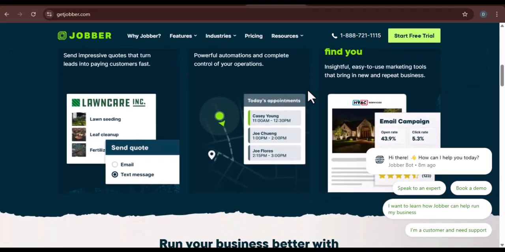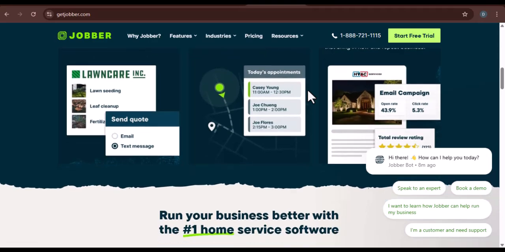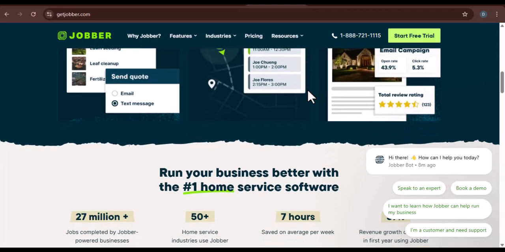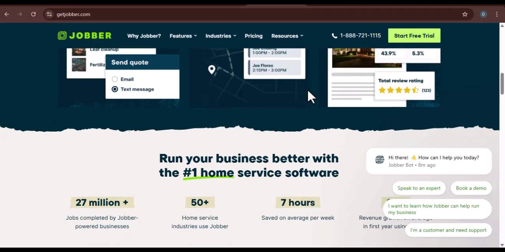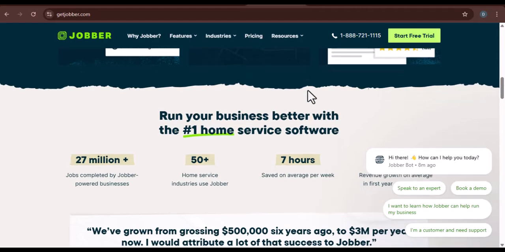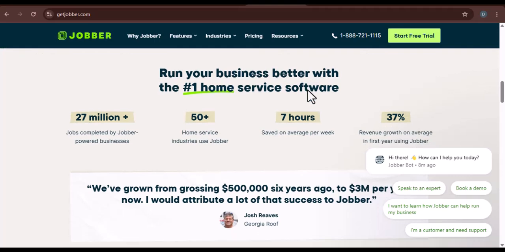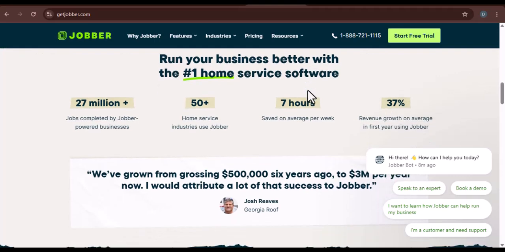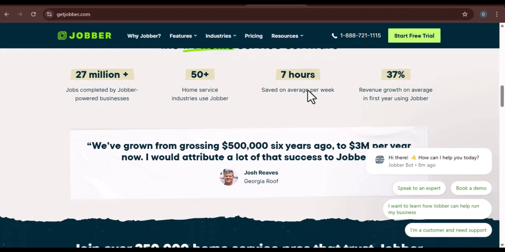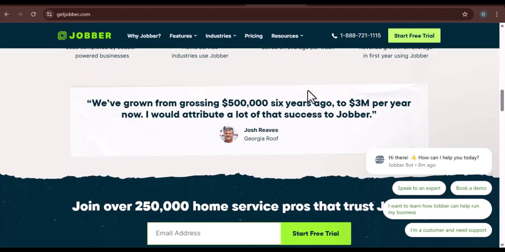That's where Jobber comes in. Jobber is a comprehensive software platform designed specifically for service businesses, and one of its standout features is its robust and user-friendly online booking system. Think of Jobber as your digital assistant, working tirelessly behind the scenes to manage your appointments, communicate with clients, and keep your schedule organized. Setting up online booking with Jobber might sound daunting, but trust me, it's a straightforward process that can yield significant benefits for your business. Let's dive into the steps involved in setting up online booking with Jobber and unlock a new level of efficiency